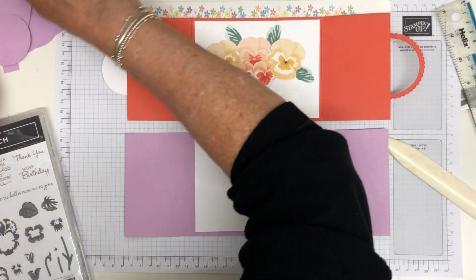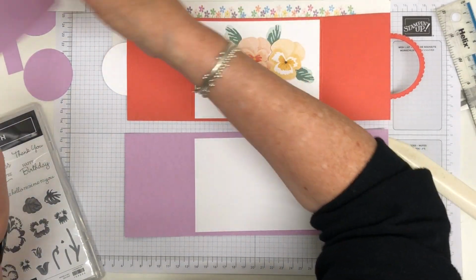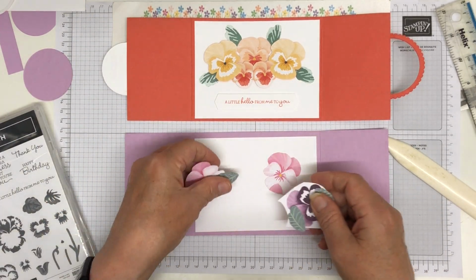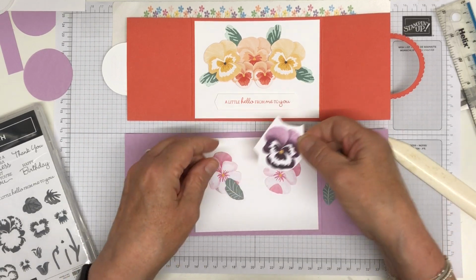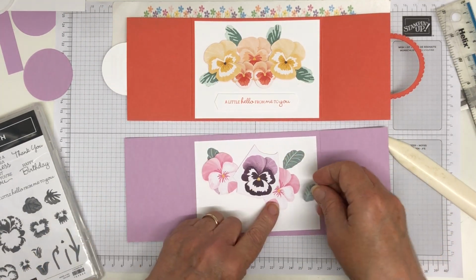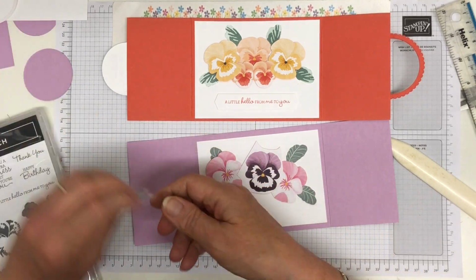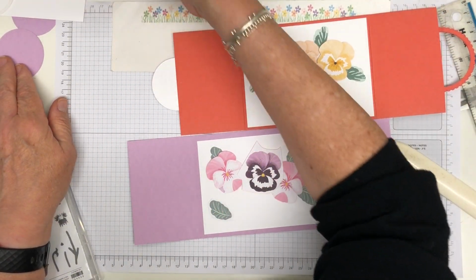So I have got somewhere here now. Let me move all these out of the way and find all the bits that I've got. I have got two pink, which are going to be where the yellow ones are. A purple that still needs to be die cut. I've got leaves. Before I stamped these leaves, but actually I've die cut them today. I think I'd run out of that paper with the leaves on when I did it before. Like I said, I've had to buy a new one. And then I should have two little ones as well,